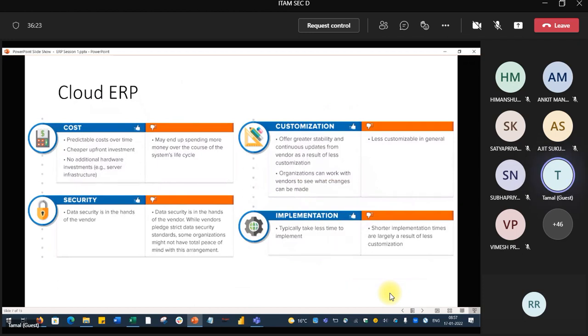Okay, as I was saying, there is some plus, some minus everywhere. So if you implement ERP on a cloud, cost definitely will be less. I have already told you. It is predictable, because all cloud vendors give you the opportunity to choose your billing model and pay as you go, just like your electricity bill.